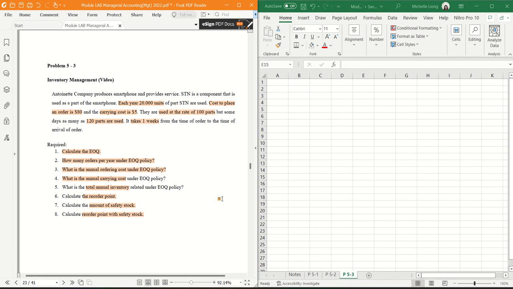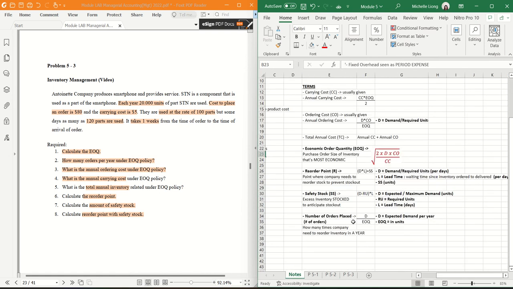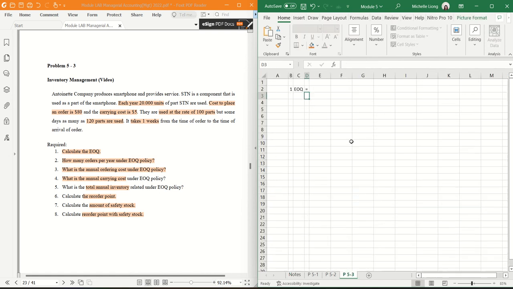I think I missed out a formula, but it's okay. I'll just go with it later. So the first one is we need to find the EOQ. EOQ is economic order quantity. If you forget about the terms, just go back and see. So it's this, okay,